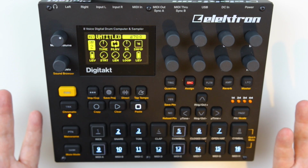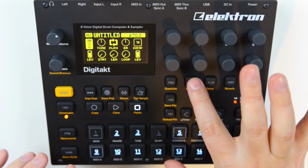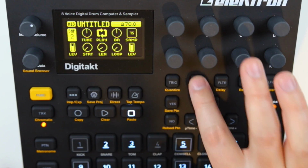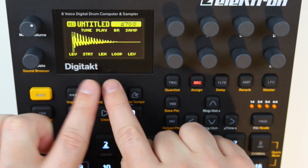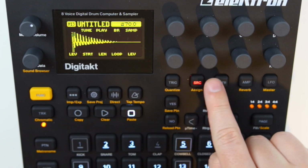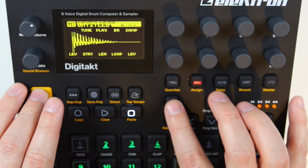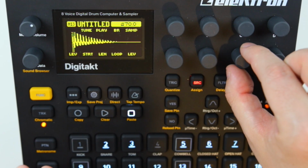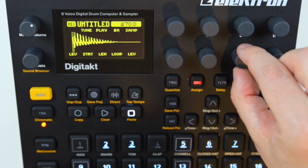So how do you create such a sound? Well, the first thing I did was I press the source button here. You just need to press it once, and you can see you get this little menu here with a waveform. And then I just manipulated, I'm just going to save the pattern here, pattern saved. I just manipulated the length of the note. So basically if I turn up the length,